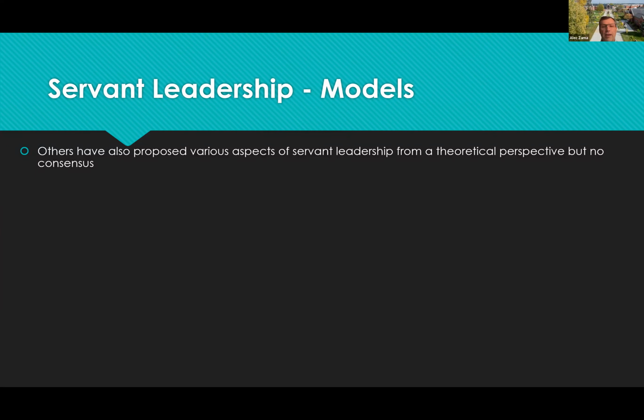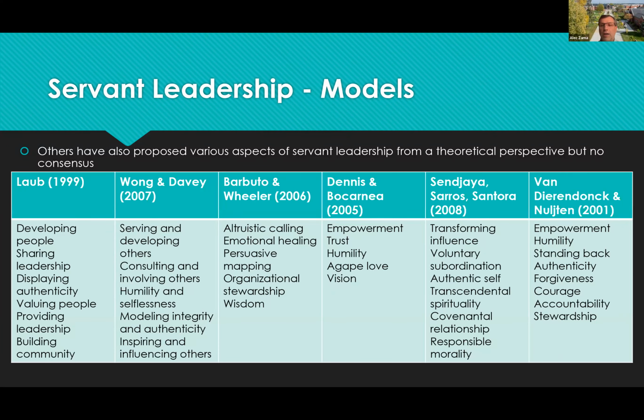consensus in this field. I have here a table with some scholars who have proposed different models with different elements of servant leadership. Some of these models incorporate just behaviors, some incorporate behaviors and traits, so it's a combination of who leaders are and what they do. But as you can see, if you evaluate the components of each of these 6 models of servant leadership, you see there are commonalities